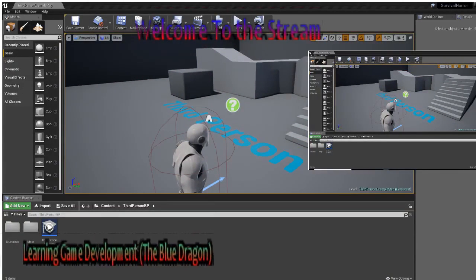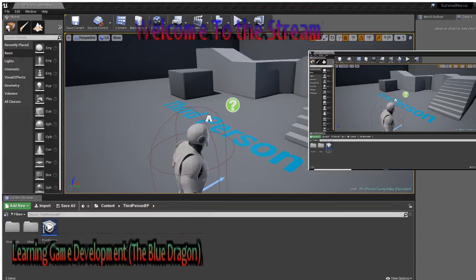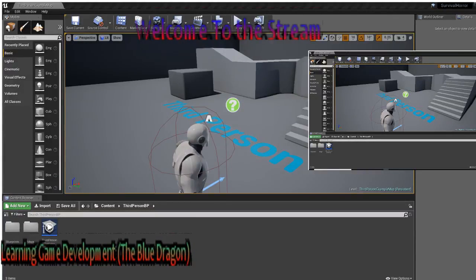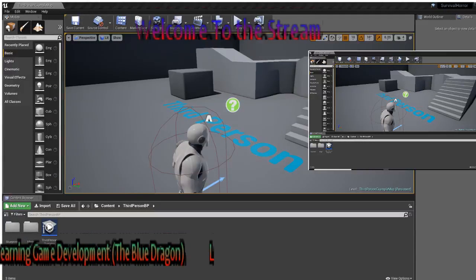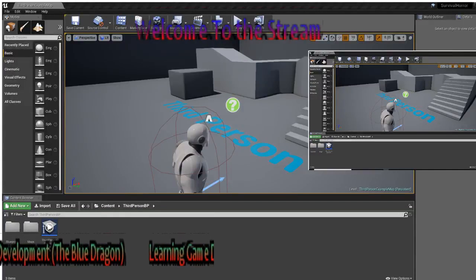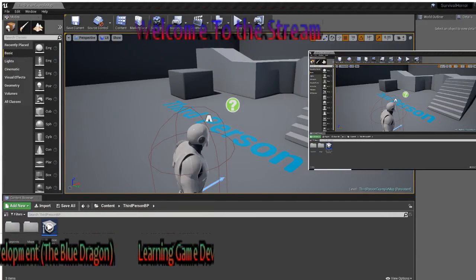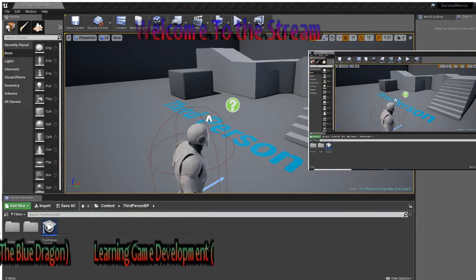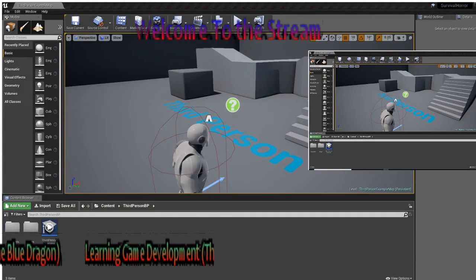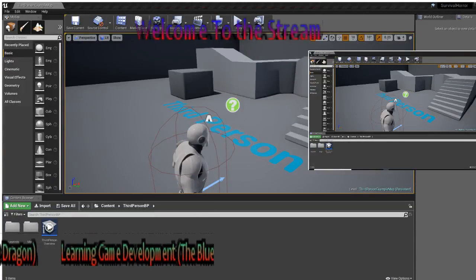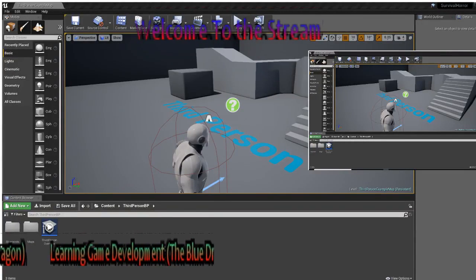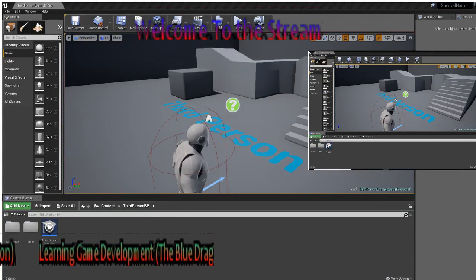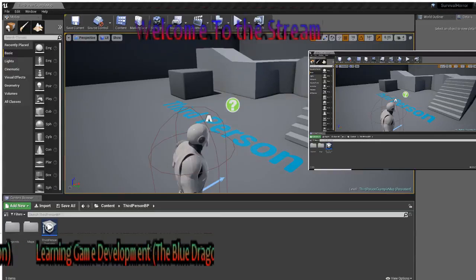created one. So what I'm going to do is, instead of creating one now, I'm just going to go ahead and dive into the one that I've got in the background. So, first things first, let's go ahead and have a look at our blueprints folder. We've got a third person character, and this is actually going to be where we create the majority of our mechanics. So we're just going to be playing around with the third person character. We're going to be moving things like the camera to actually get the